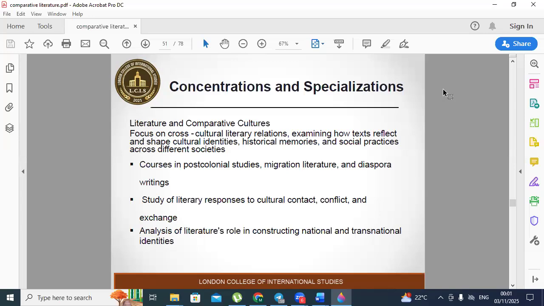The sample courses include post-colonial studies, literature from formerly colonized regions, migration literature, and diaspora writings. You would analyze literature's role in moments of cultural contact, conflict, and exchange, and its power to construct both national and transnational identities.